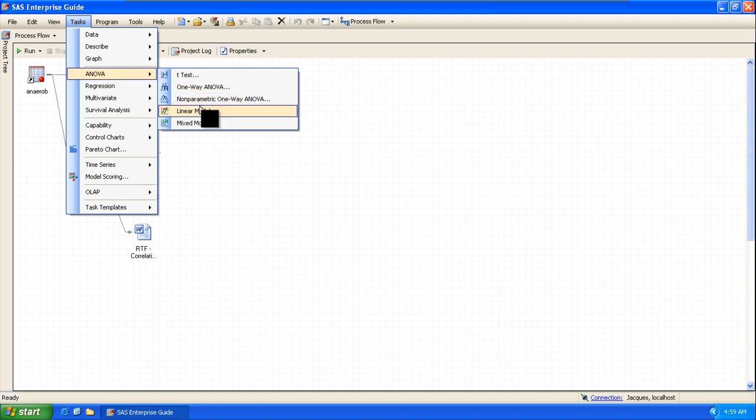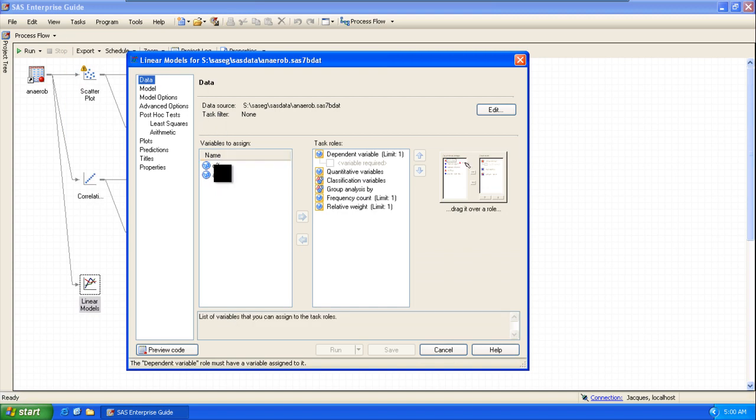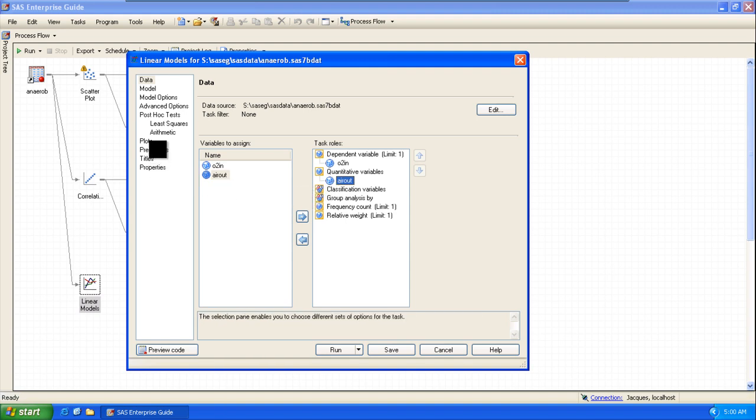Go to programs, ANOVA, linear models. So the analysis variables are both